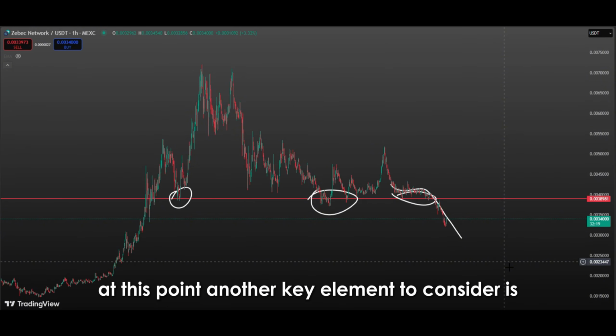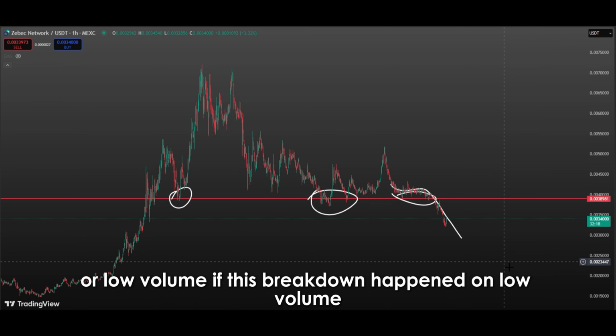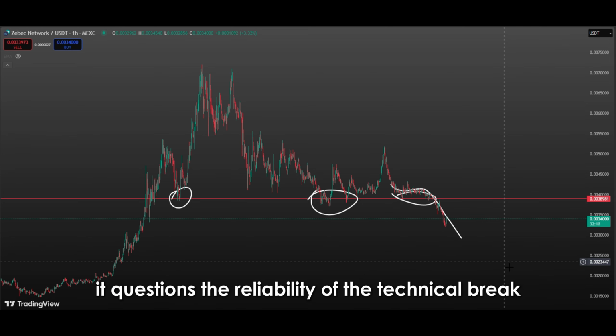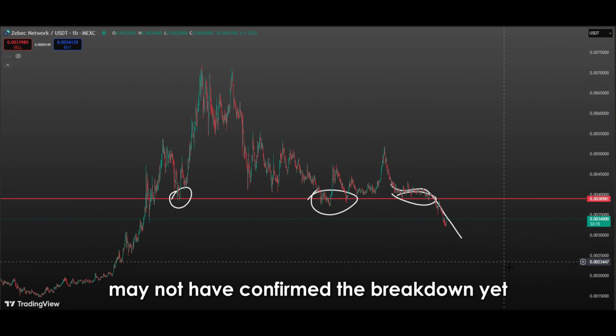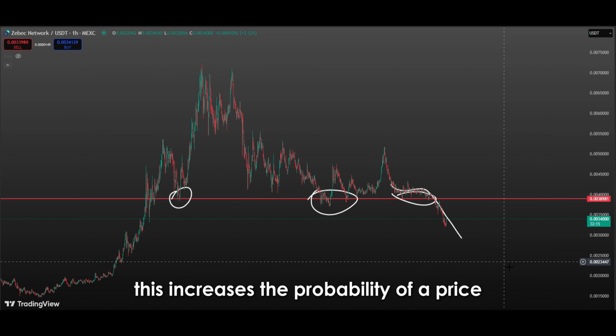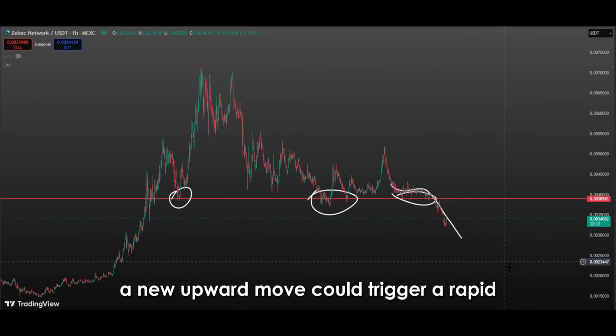At this point, another key element to consider is whether the decline occurred on high volume or low volume. If this breakdown happened on low volume, it questions the reliability of the technical break. In other words, it means that major players may not have confirmed the breakdown yet. This increases the probability of a price reversal to the upside. For this reason, even if the price is currently below this level, a new upward move could trigger a rapid